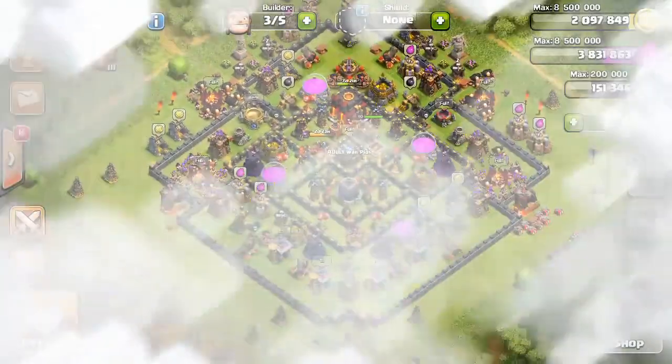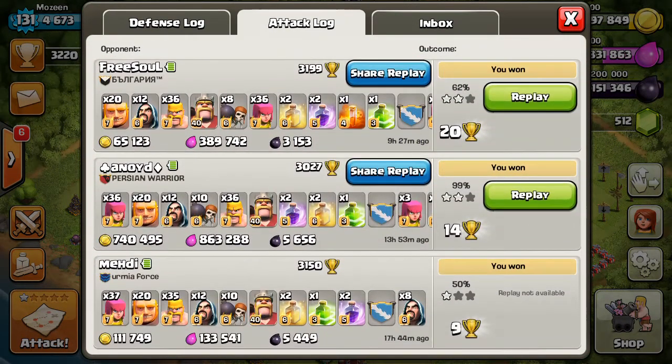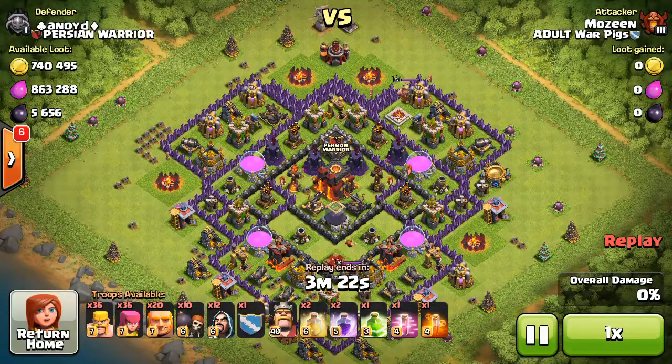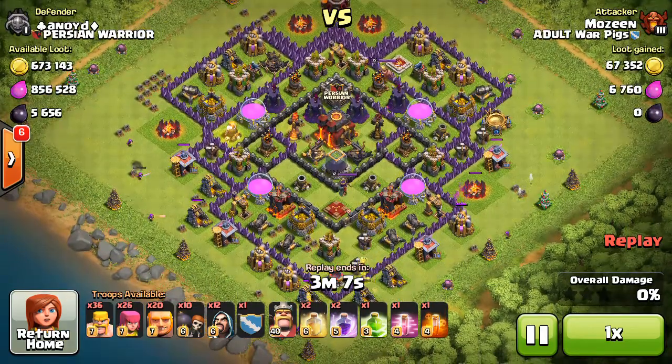So that's the third raid there. And then the last one I'm going to show you, you can see this is a 1.6 million gold and elixir raid with almost 5,600 dark elixir. So this is just an amazing find all around. You know, this is a pretty rare find. I'm not going to claim that you can search for these all day long, but this is a pretty awesome